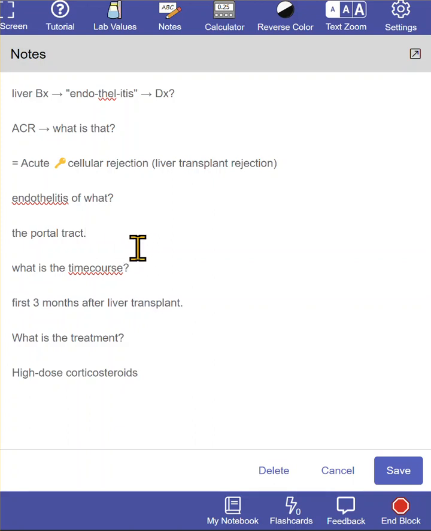It's basically a vessel that allows flow of blood in the liver. So what is the time course? So the time course of